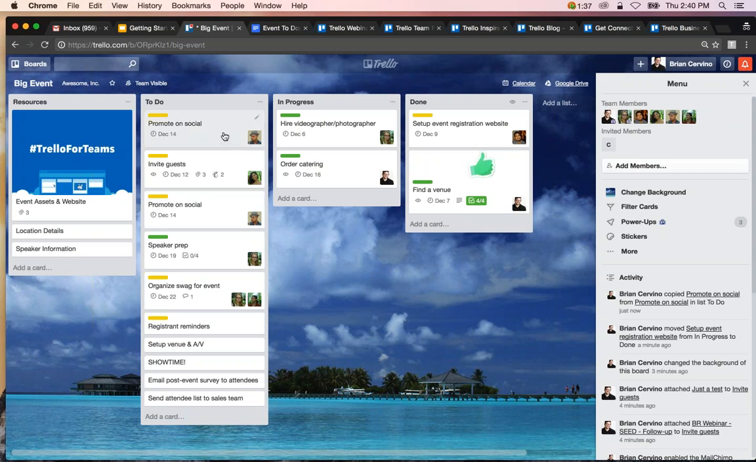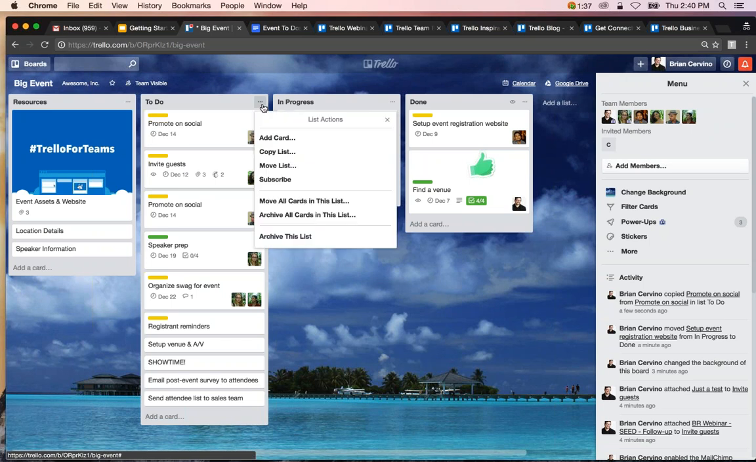Oh, and there we go. It's right up here at the top of the list, as I said. So copying cards is very useful for more repetitive tasks. You can also copy lists as well. So I can